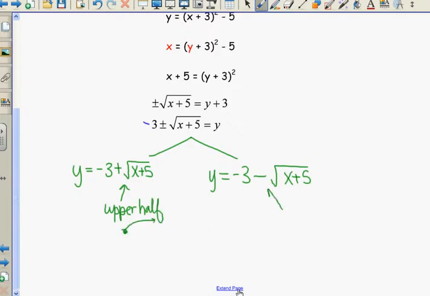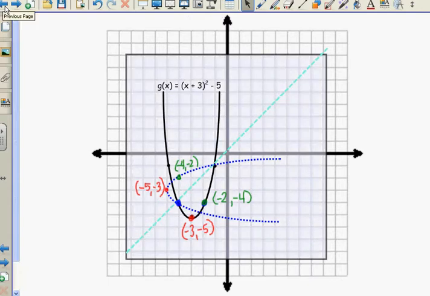This guy with the negative root represents the lower half of the sideways parabola. And these are what we call square root functions. They're sideways, they're inverses of quadratics, so they're sideways quadratics, but we have to break them apart in order to be true functions. So really, when I'm asking you what's the equation of this inverse, well, this top half has